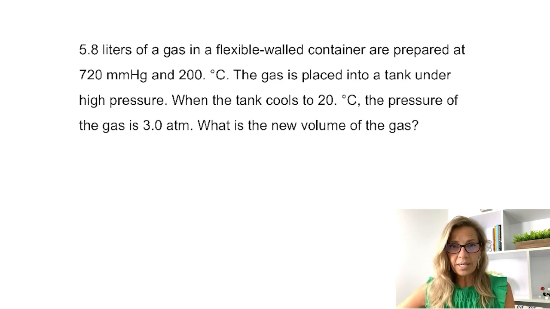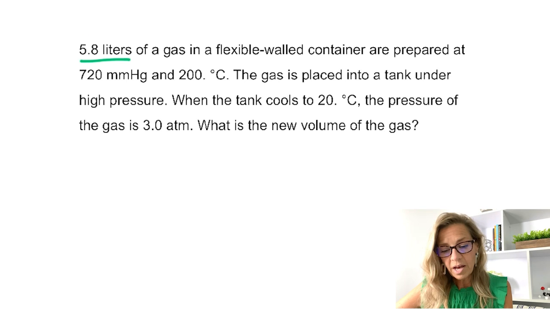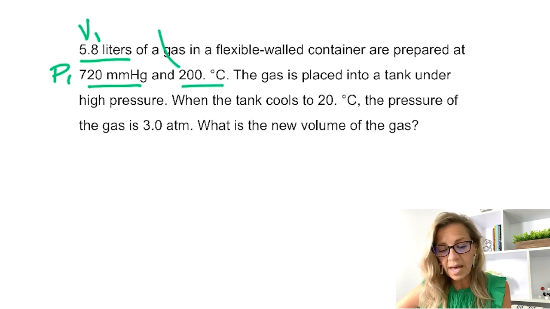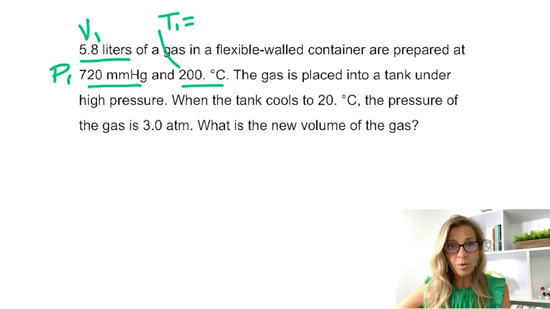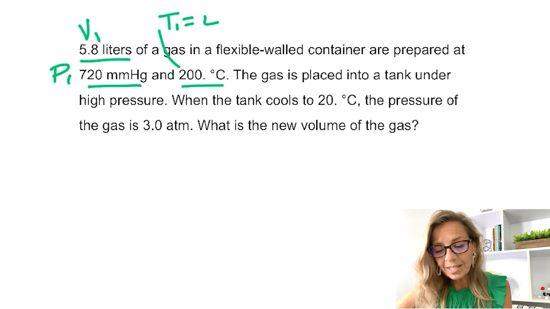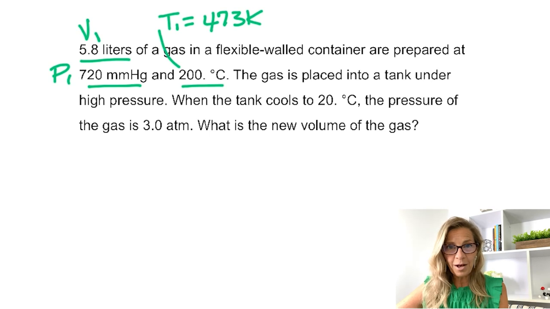First of all, let's read this problem and identify the variables. And so I recognize this as a volume. I'm going to call that volume 1. So I have that volume, and then it goes with this pressure. I'll call that pressure 1. And then we know the temperature of that gas, and so that is T1. But what I'm going to do right now is fix that, because I know I want that in Kelvin. And so 200 degrees Celsius is 473 Kelvin, because remember, we have to be in Kelvin when we use our